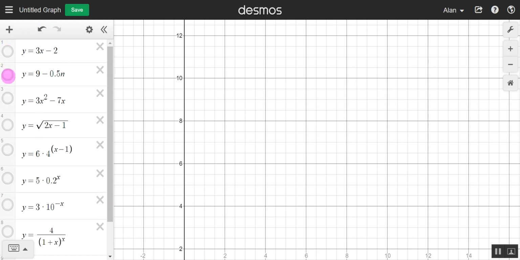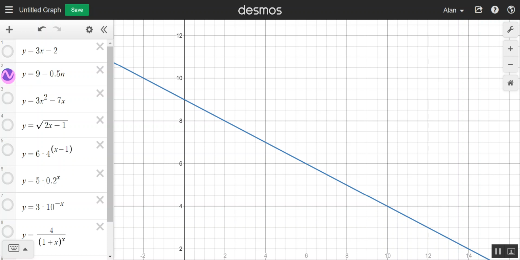How would you describe the next one? Yeah, so as x gets infinitely large, positive, the y values become infinitely, well, that's the question, is it? Is it small or is it negative? Depends how you want to treat it. So I would probably say infinitely negative, infinitely large, but negative.